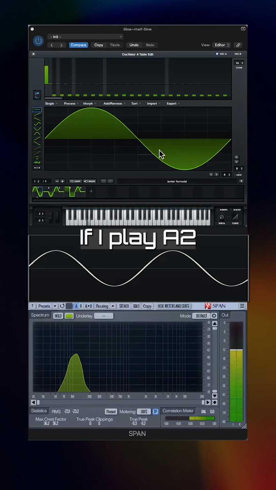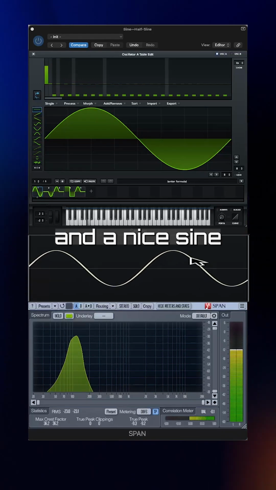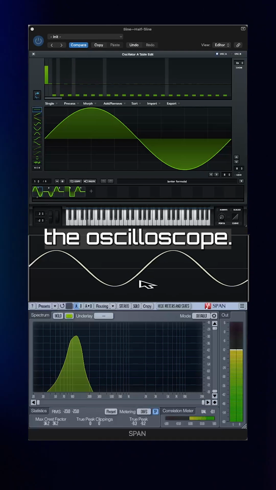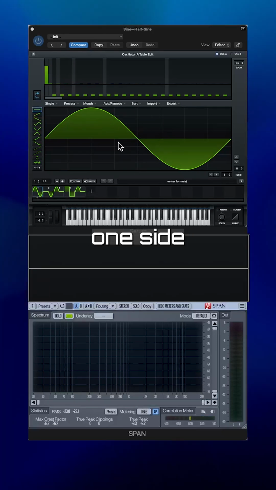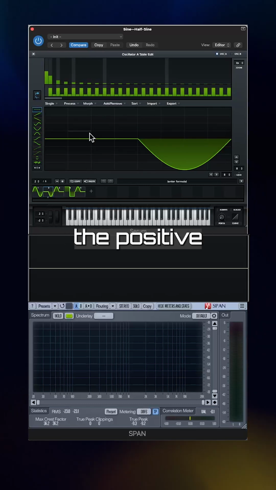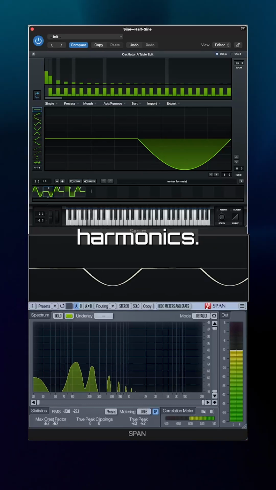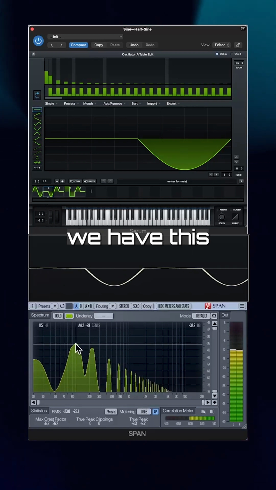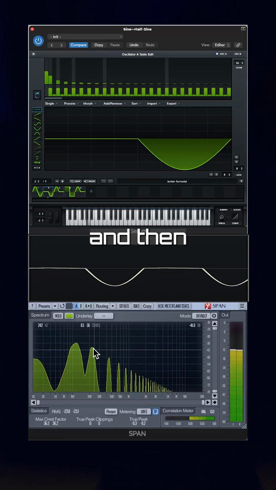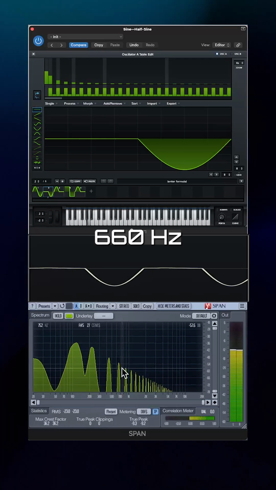If I play A2 at 110 Hertz, you see that we have a single frequency right here and a nice sine wave inside the oscilloscope. Now, if we were to distort one side of this and clip it all the way down, we would get something like this, in the case of the positive being clipped all the way down, and we would get the resulting harmonics. You see that we have this same fundamental at 110, and then we've got 220, 440, 660, so